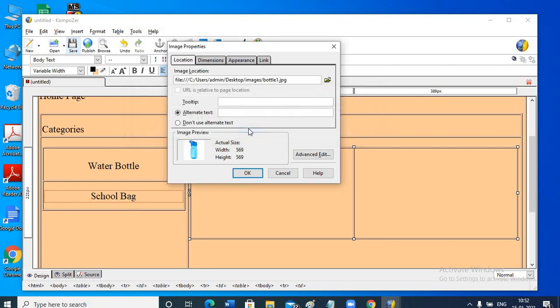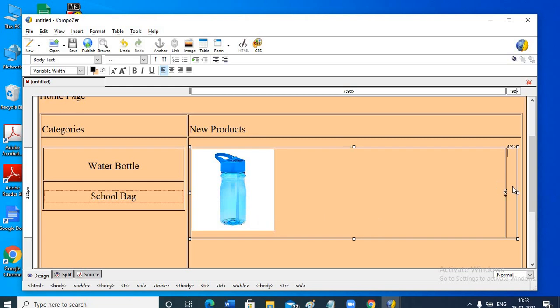Why? Deliberately I did it. Here you have not selected don't use alternate text. So click on it. And in case you have selected alternate text, then you are supposed to provide the text. For example, kindly wait or please wait. So we don't want to give this alternate text. So we'll click on don't use alternate text. So remember, such error message comes, don't be scared. You have to just click on don't use alternate text. Click on OK.